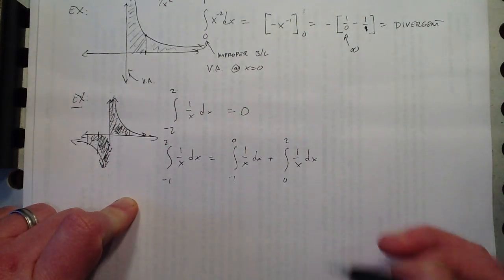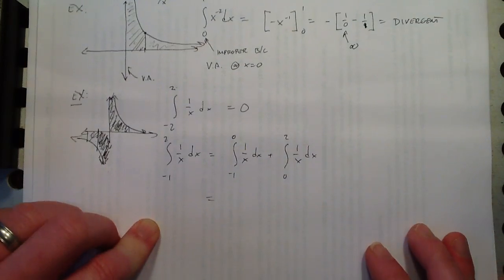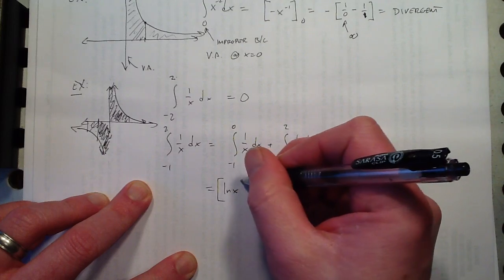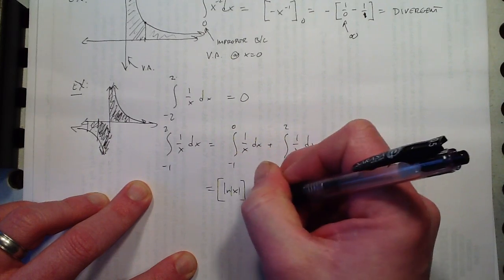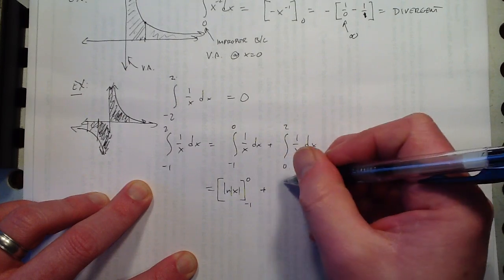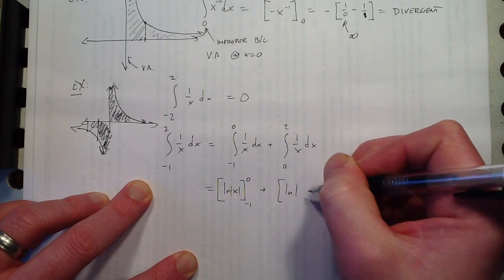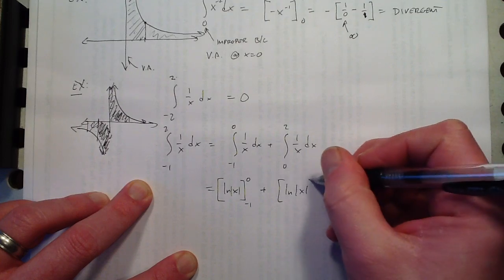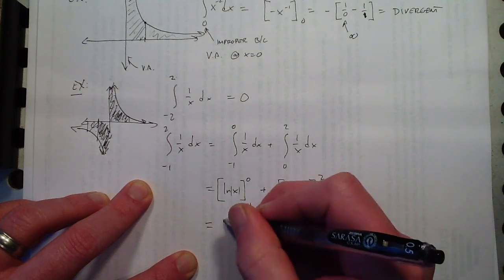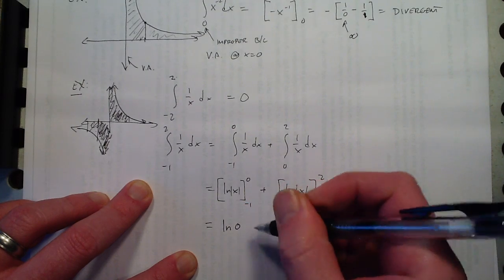Split it up over the vertical asymptote and then say, okay, so this is going to be natural log x. That's actually natural log absolute value x, right? Plus natural log, I don't need the absolute value here, but I'll throw it in anyway. Do need it there. So that's the natural log of 0